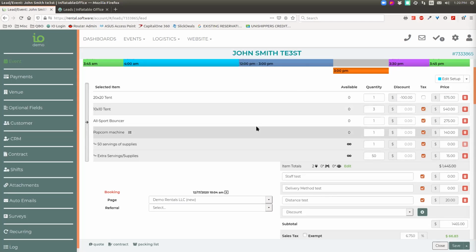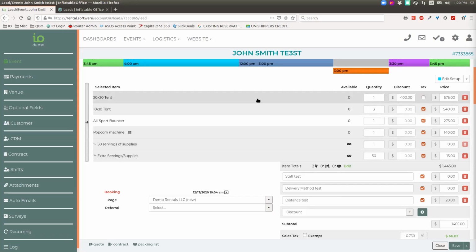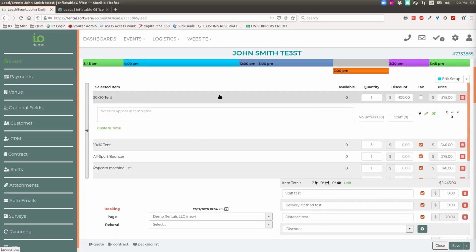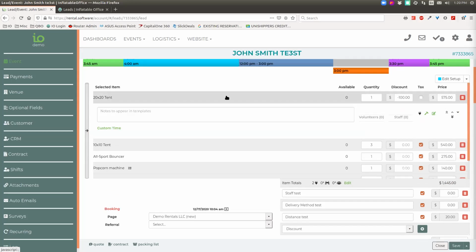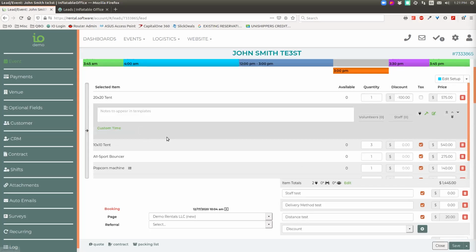The other thing that you can do here with rentals is you can get to a lot more information, and that's simply by clicking on the line item. You can see that what it does is it expands below, and we get a lot more information here about these rentals. Some things that you've never been able to do before. Here we can add some notes. So if we wanted to make a note about this item specifically, like maybe this 20 by 20 tent,